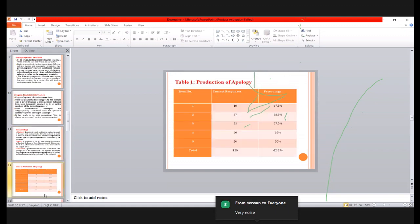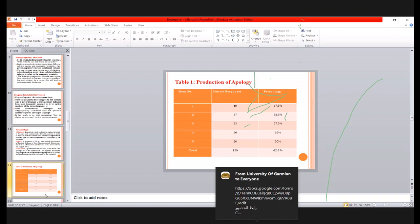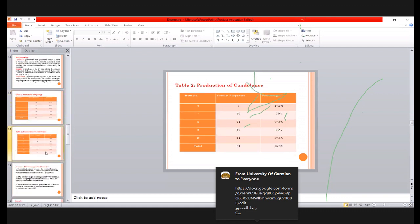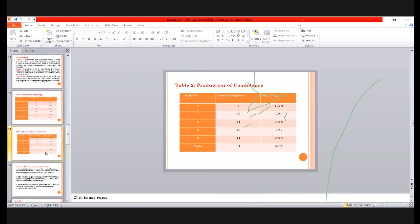Now we come to the first results, the production of apology. You can have a look at this table. You can find 5 items with the number of responses and percentages. And then the second one is table number 2, production of condolence. So we have 5